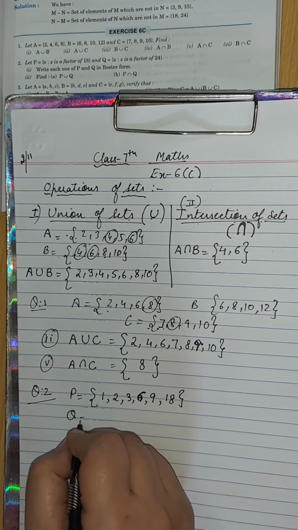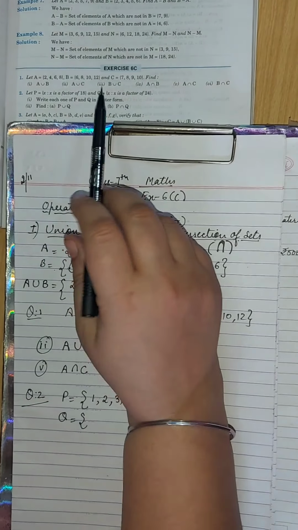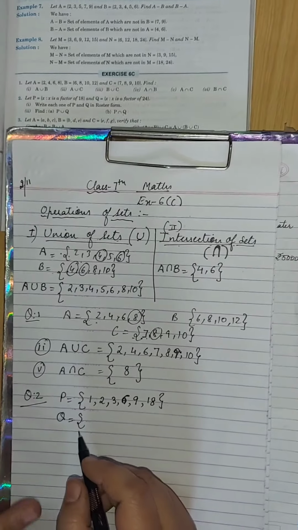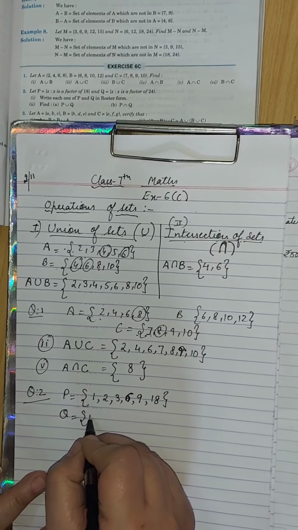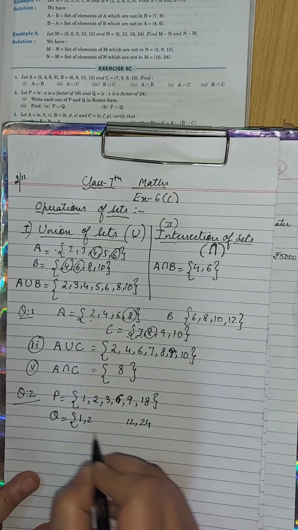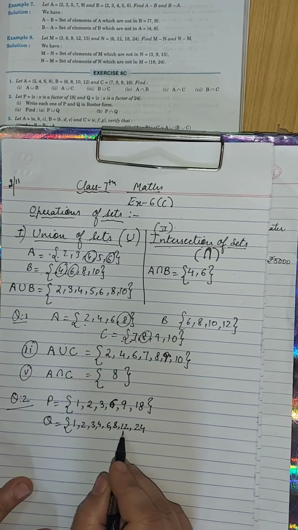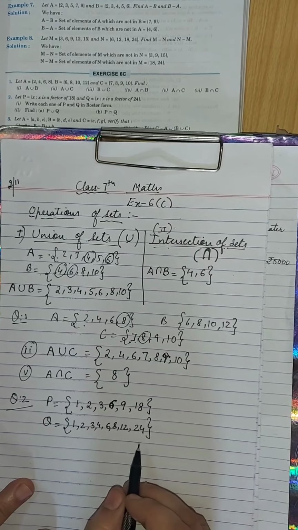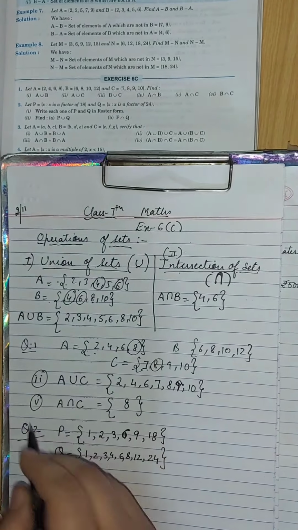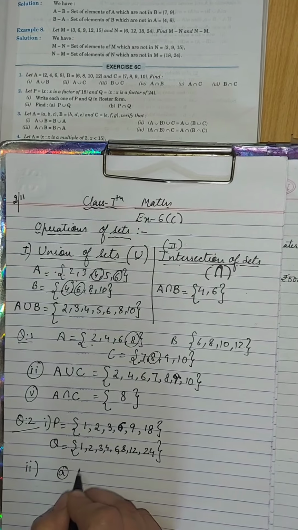And in Q, it is given X such that X is a factor of 24. Now for the Q elements we have to find the factors of 24. आपको मैंने बताया था जब भी फैक्टर फाइंड करने हैं, 1, 24 आपने ले लिया, 2 it is gone with 12, 3, 8, 4, 6, like this. These are the elements of factor of 24. फर्स्ट पार्ट में तो आपको यही कहा है, write each one of P and Q in roster form, वो आपने लिख दी है.